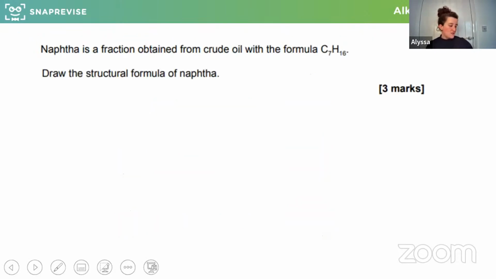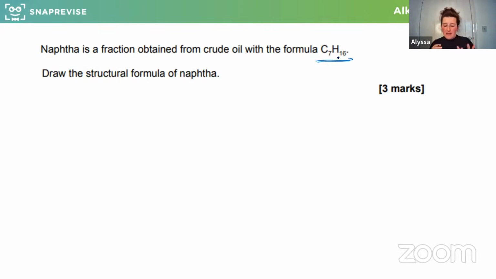Okay, let's have a go then at a couple of these questions. We'll see if we can get through all of them, hopefully. But we may need to come back to some questions at the end if we have time. So we'll do this question first. It says, naphtha, which is not a chemical we've heard of, but that's okay, is a fraction obtained from crude oil with the formula C7H16. It says, draw the structural formula of naphtha. Wow, okay,